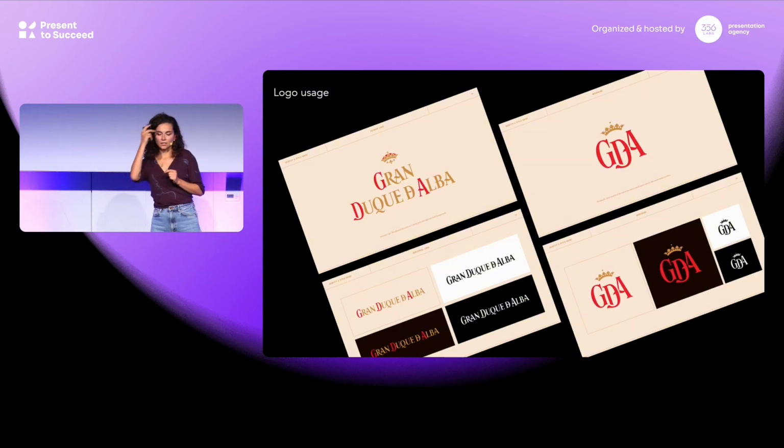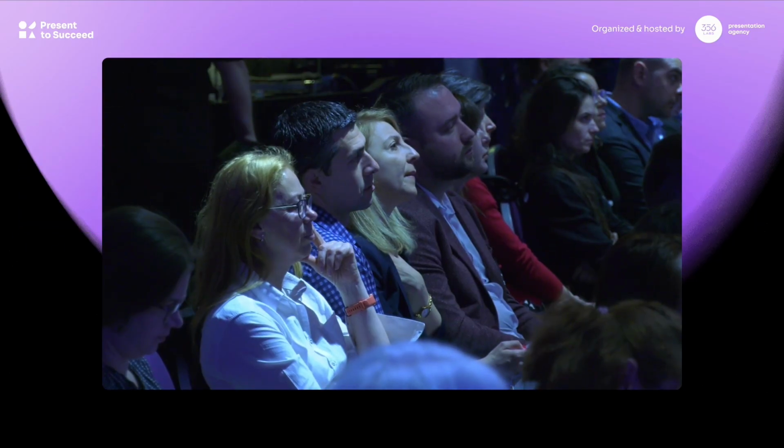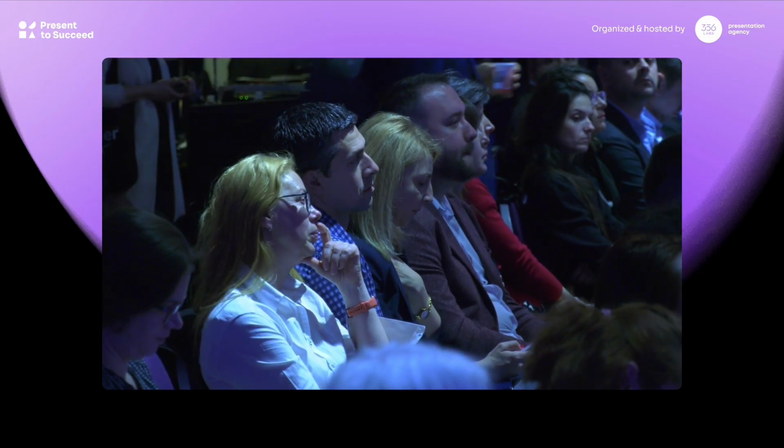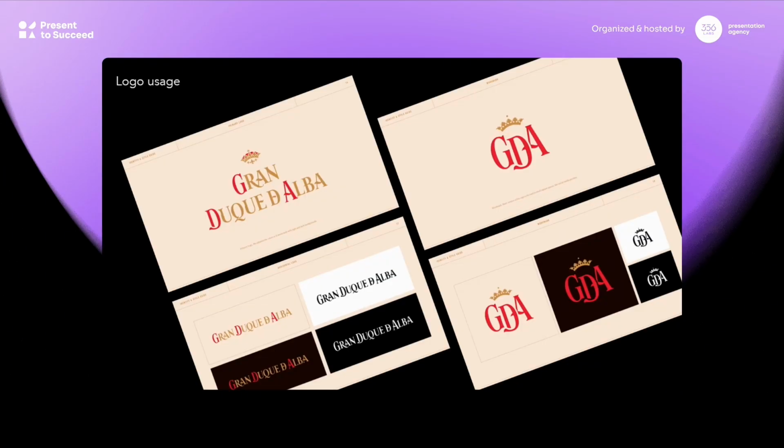And so in this section, you will find all of the lookups and variations of the logo that is available out there. You will find also different color variations and how to apply them on different backgrounds. So it's important for them to be visible.